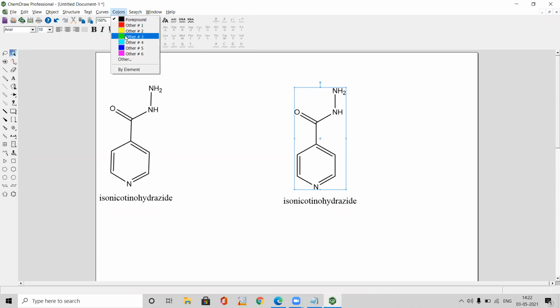But I don't want specifically to select individual atom and give its specific color. Instead I will select entire chemical structure. I will go by the option give color as per the element present in periodic table. So automatically all the elements got their own color. Carbons black as such, oxygen red, nitrogen along with its substitutions it will get blue color.